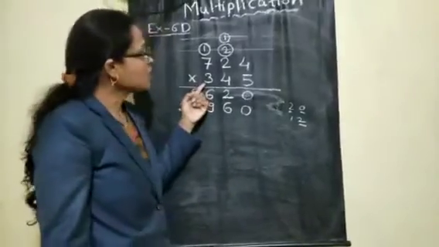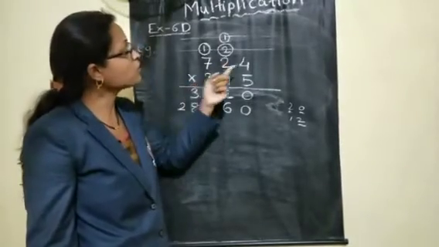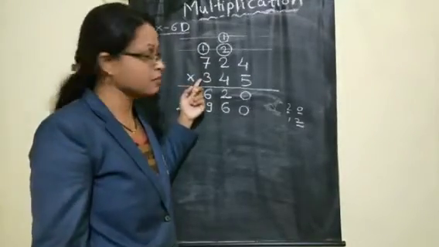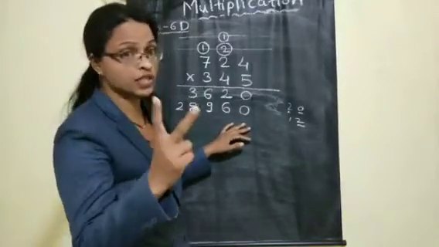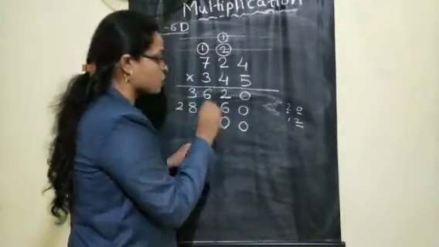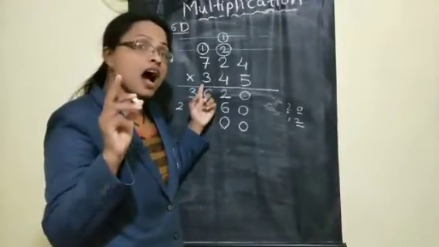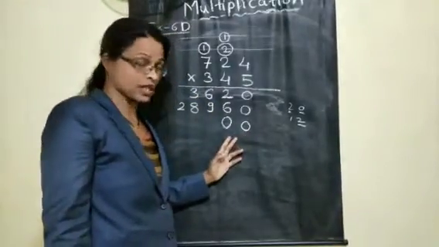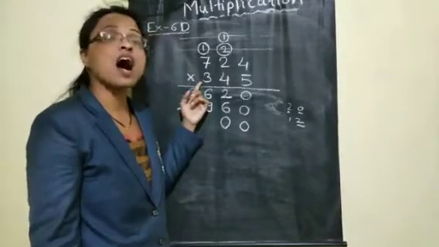Now let us move for the 100 place number downside. Which number is present here? 3. Now with the 3 you have to multiply all the numbers upside. Before starting with the 100 place number, for the third step, compulsory you have to add 2 zeros. One in the ones place and second in the tens place. Why are we adding 2 zeros in the third step? Because now we will multiply with the 100 place number. Keep in your mind, compulsory you have to write here 2 zeros in the ones place and tens place, because now we will start multiplying with the 100 place number.